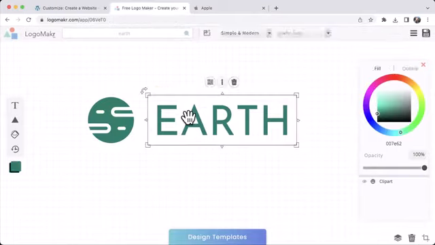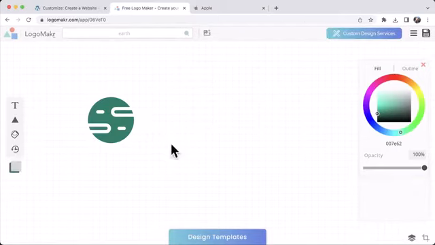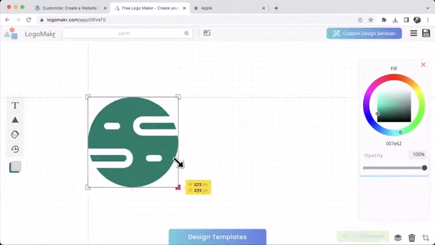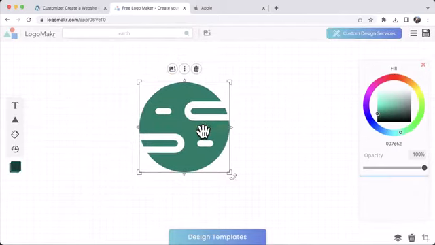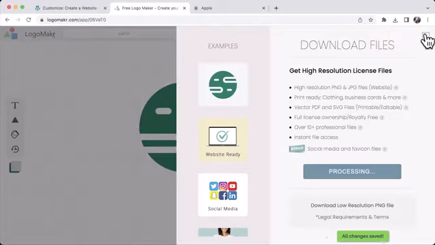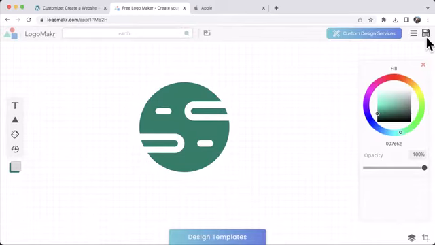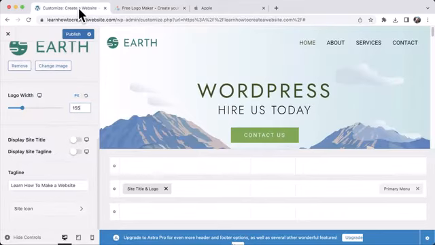by just going here and we can delete this and we can go here and we can make this icon bigger and then we can press save right here and we can use the same trick by click, hold and dragging it to our desktop. But of course do support Logo Maker if you're actually going to use this for your logo. And then we can exit out of here and we can go to our website again